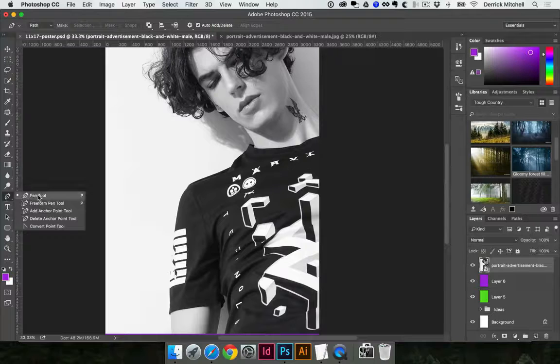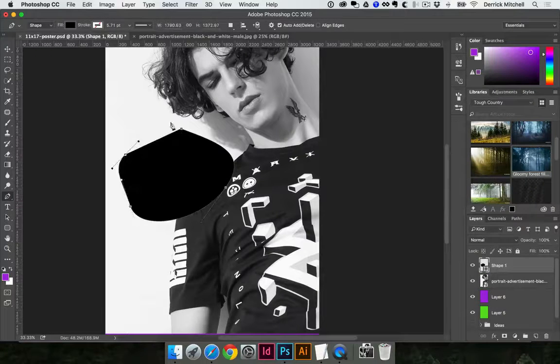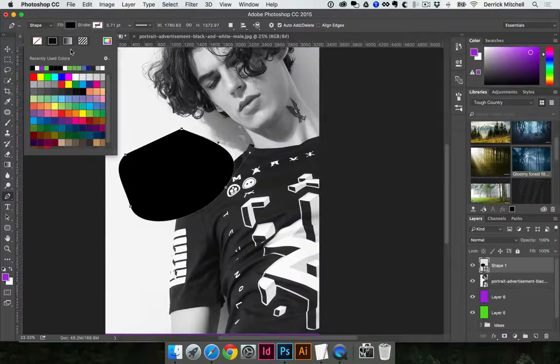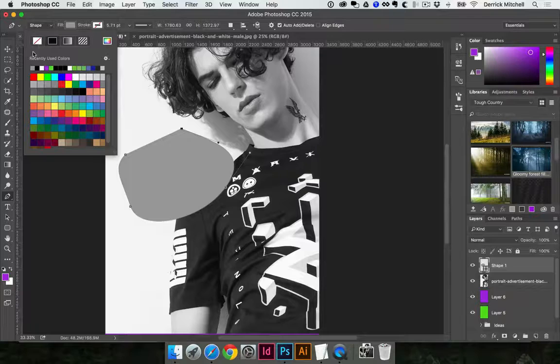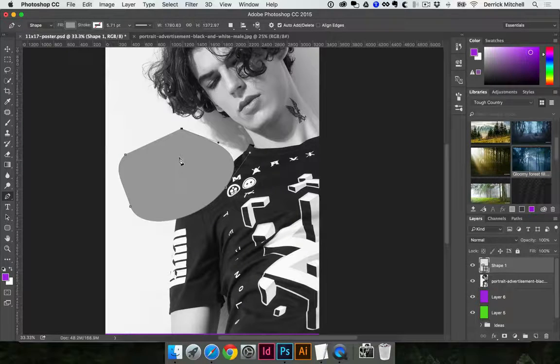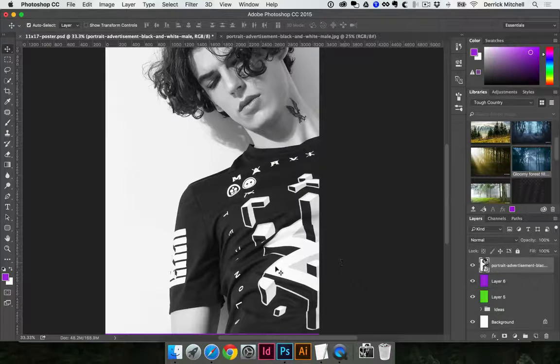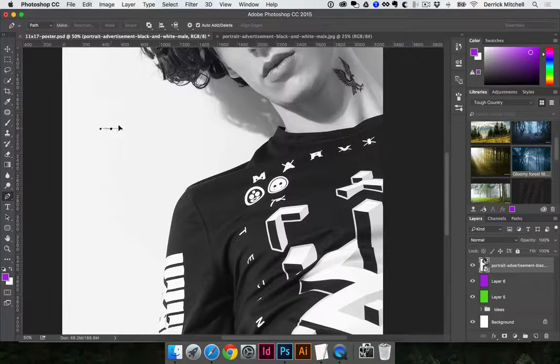But what I'm going to do is get the pen tool, and I want to make sure path is selected instead of shape. If it's a shape, you can actually draw new shapes and you can change the fill color, which is great, but right now all I want to do is use it to create a path and then cut out that path. So I'm going to delete that. My shape layer is still selected. I'll hit delete and it goes away. I'm going to hit P to get my pen tool, and I'm going to change this from a shape to a path. Okay. With the pen tool, again, this is something you'll need to practice, but you can click and